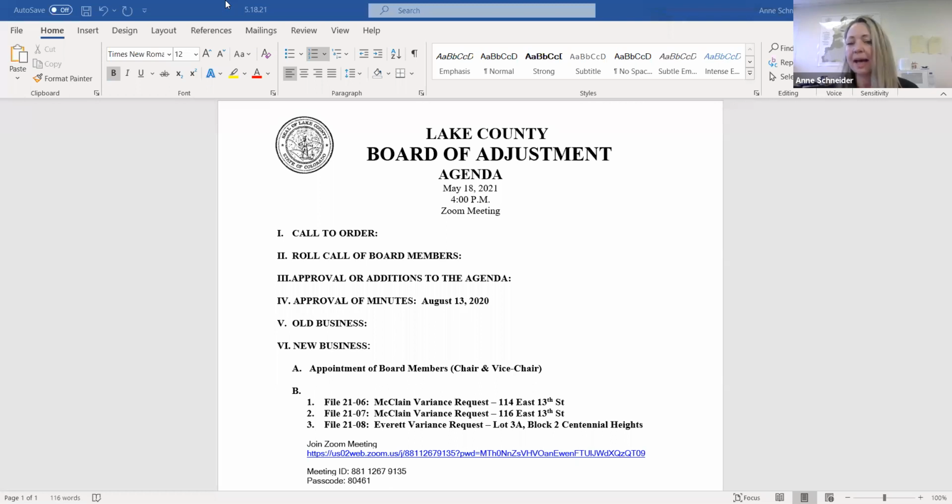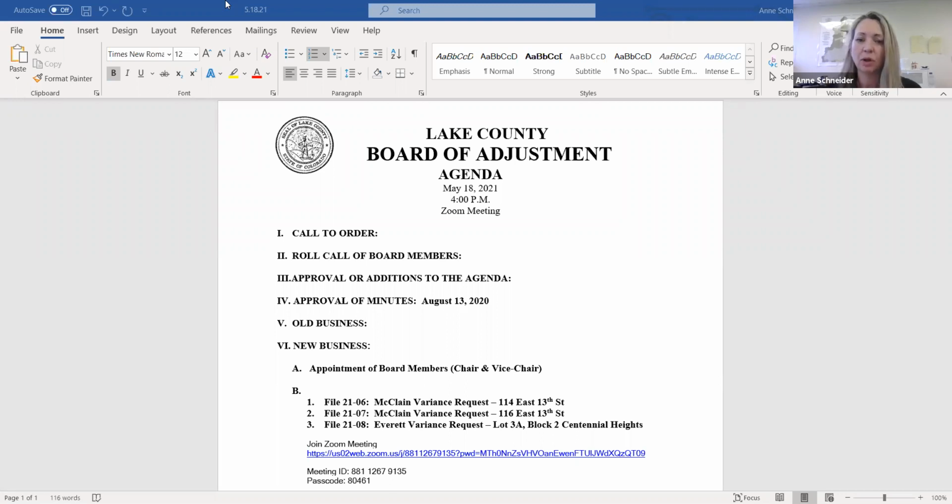Also, variances cannot be granted for things such as uses. If your zone district doesn't allow a certain use, you cannot seek a variance from the Board of Adjustment for a use beyond what is allowed within the zoning. Variances are limited to dimensional standards.